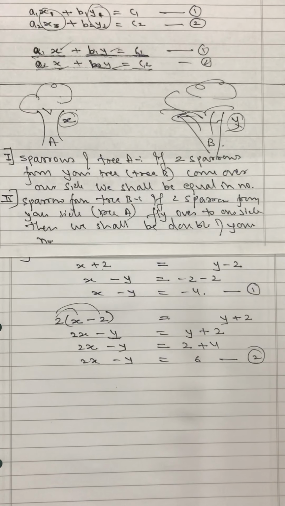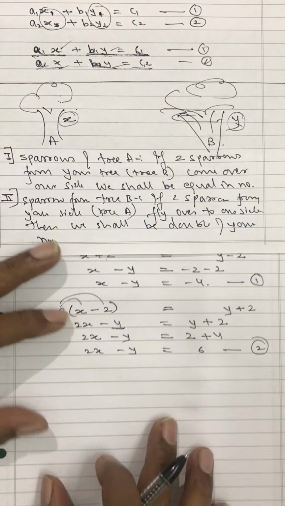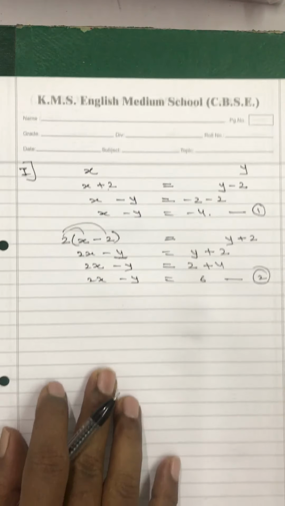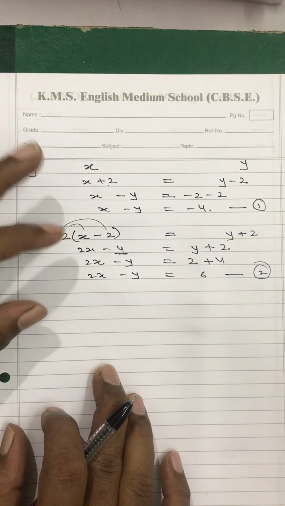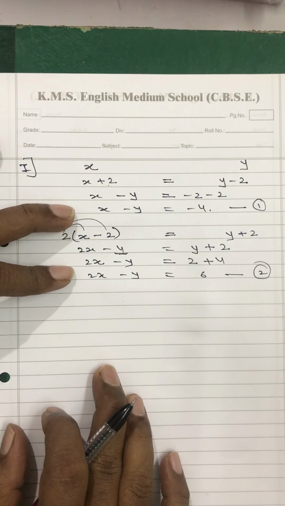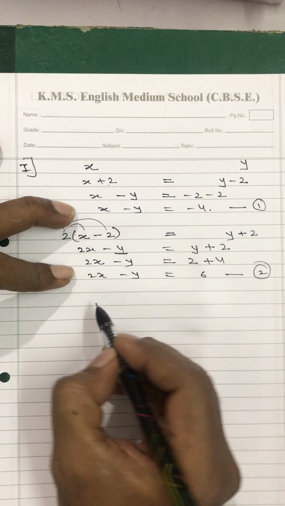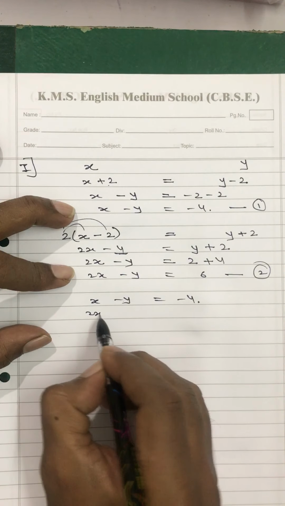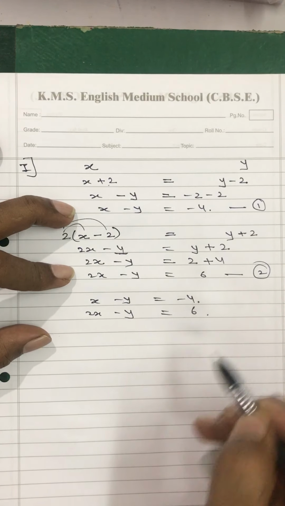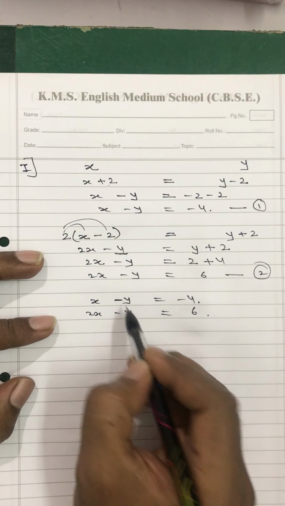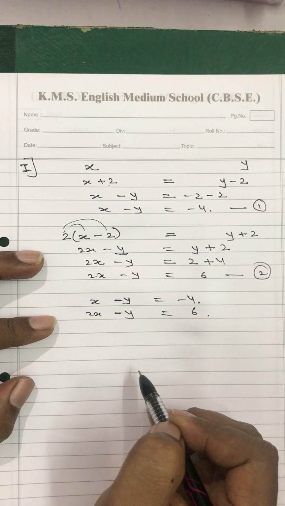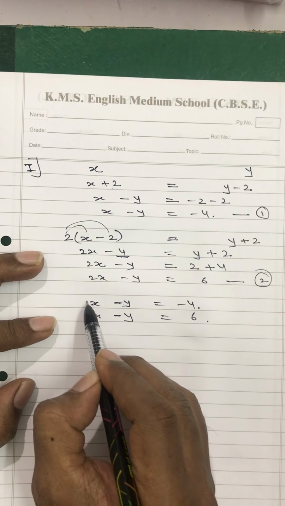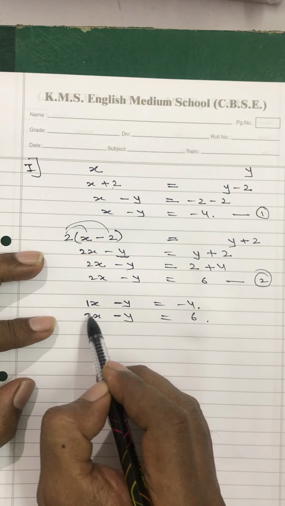Now solving the simultaneous equations, these are the 2 simultaneous equations you have got, and that is what you have to learn now, how to solve simultaneous equations. But at present I am trying to see whether you remember what you did in 9th standard. These are the 2 equations: x minus y is equal to -4, 2x minus y is equal to 6. See, you have to equate the coefficients. Basically the coefficients a1 is 1 and a2 is 2.